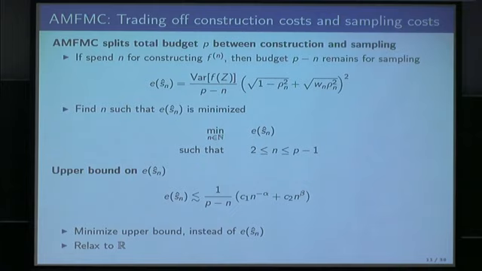Okay, we will not directly work with this mean squared error here, but rather consider an upper bound. One can upper bound this error, up to a normalizing constant, with this term here, where you can again see the budget that's left for the sampling, the rate corresponding to the error, and the rate corresponding to the costs. And this is now what we want to minimize.